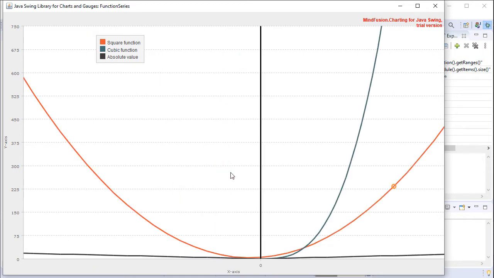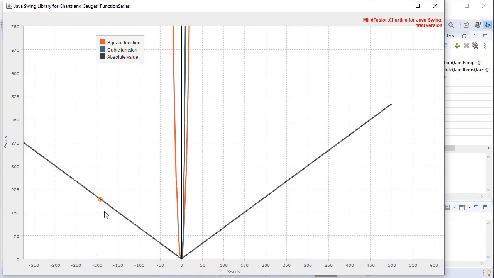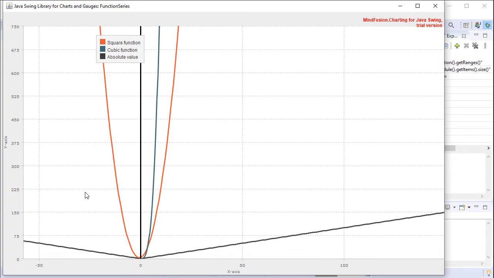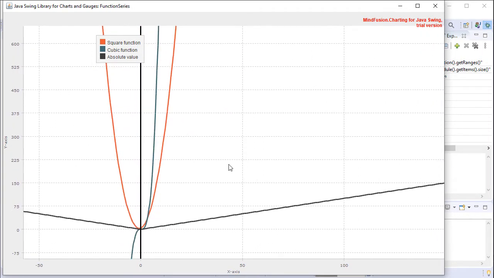By default, each chart in Java supports horizontal pan and zoom when the Control key is pressed. Our chart will also reset the zoom when the user presses R. In addition, it allows vertical pan when the user holds the Shift key.